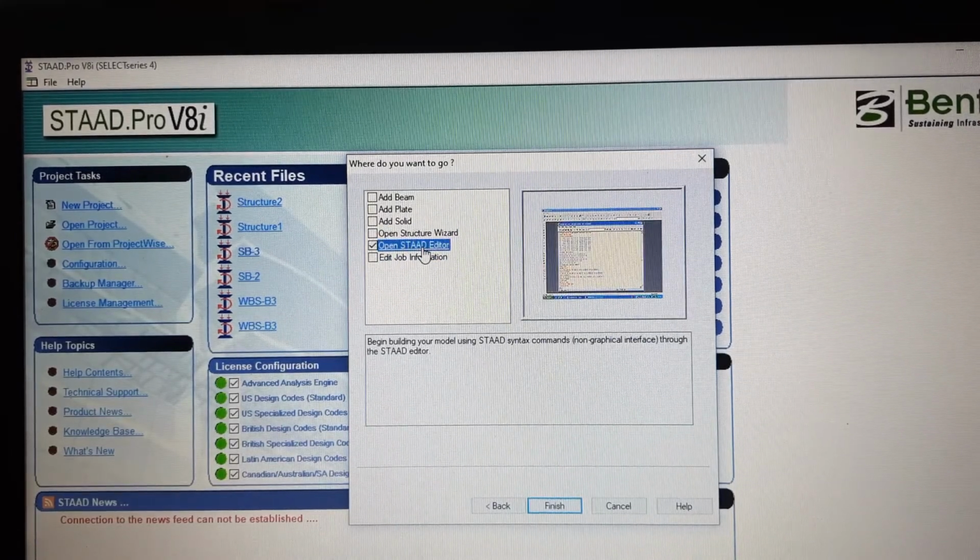Open STAAD editor. What is this? Open STAAD editor is a format where, whatever geometry you model and whatever load you apply, these are all information you are giving STAAD to analyze the structure and to design it. So these things are stored